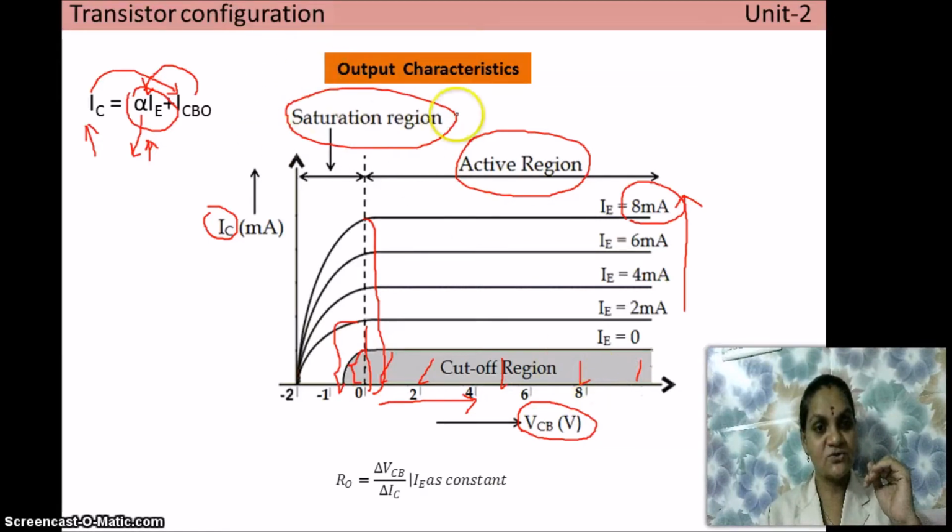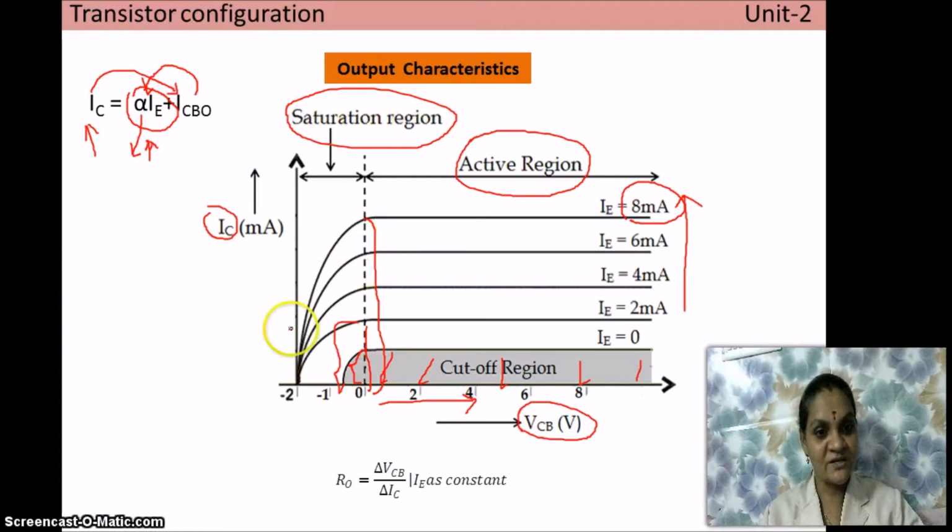And another region of operation is called the saturation region. Saturation region is possible when both the junctions are forward biased. So the emitter junction is forward biased, and the collector junction is also forward biased. When both the junctions are forward biased, the depletion layer width will be very small under forward bias condition. So both the emitter junction as well as the collector junction depletion layer widths will be very small. Only the depletion layer is responsible for creating the resistance at the junction. So resistance at both the junctions will also be very small. As a result, it increases the output current.